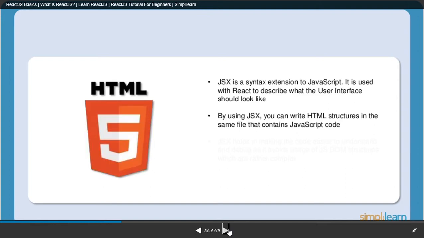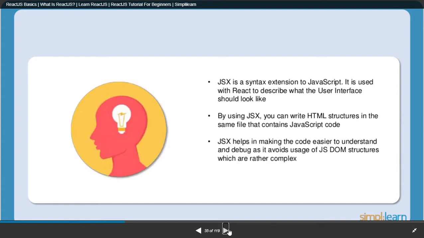By using JSX, you can create HTML structures in the same file that contains the JavaScript code. Wherever you're writing the JavaScript code, you can write the HTML there to make your HTML view. The main reason for JSX is that it makes the code easier to understand and also easier to debug.